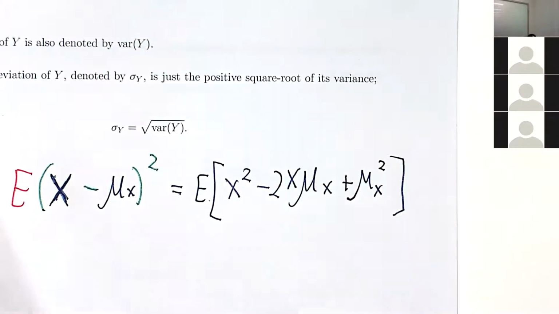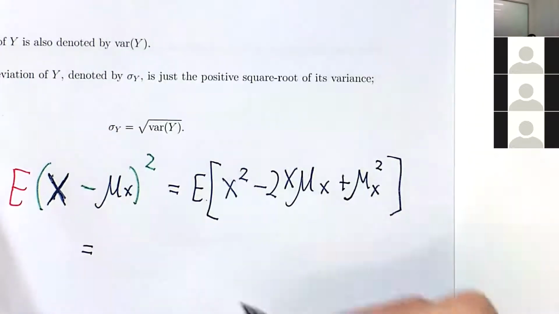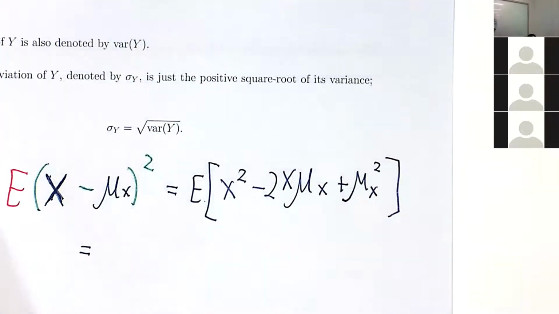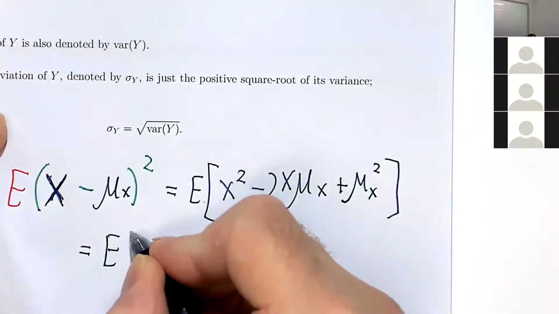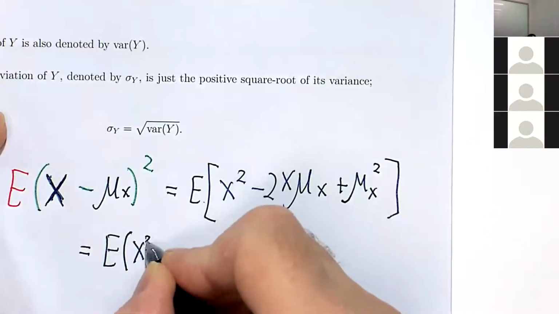So what is going to happen now? This is further equal. Now we will pass through with the expected value for this expression, because the expected value of the sum is the sum of the expected values. The same applies to the sigma. The same applies to any integral. Okay, so this is expected value of x squared